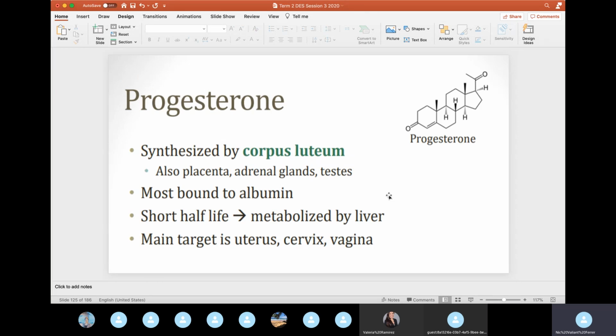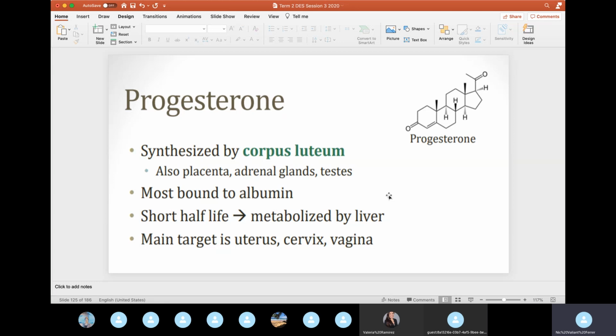For progesterone, this is synthesized by your corpus luteum. What happens to the corpus luteum if there is no pregnancy? It involutes, exactly. And what do you call that? It becomes a corpus albicans. Exactly. Don't forget that one. Corpus albicans. But if there's pregnancy, the progesterone is synthesized first by your corpus luteum, and then afterwards by your placenta,